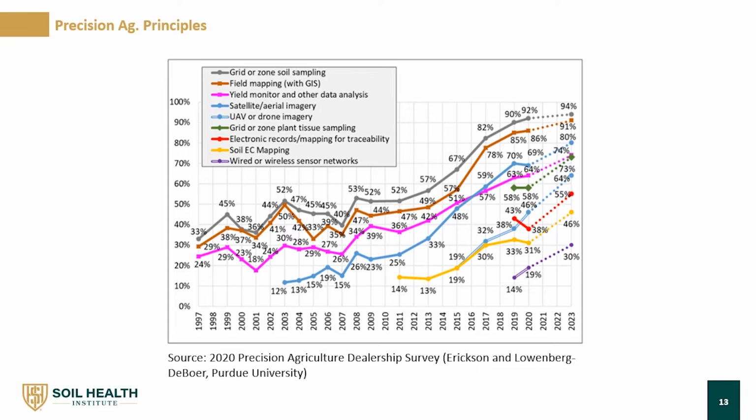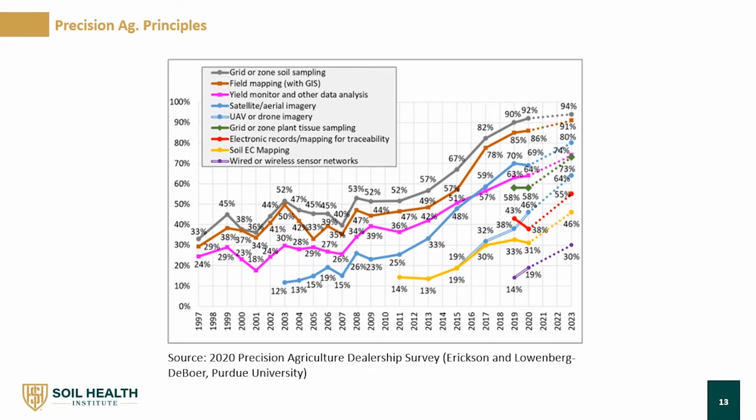Other things like satellite or UAV imagery also are very highly provided. Around 70% of service providers provide some sort of satellite imagery, another really useful tool that we'll talk about in the future. The goal here is to get you familiar with the fact that there's a ton of precision ag tools already out there, and many of those that you are probably providing to clients today have direct import to